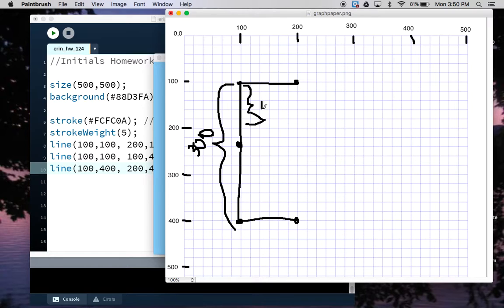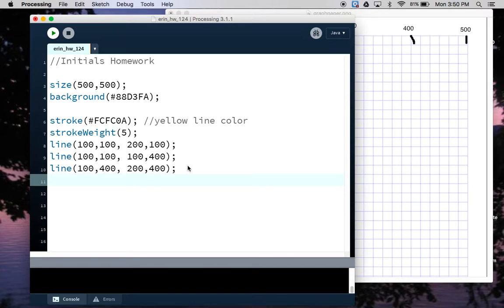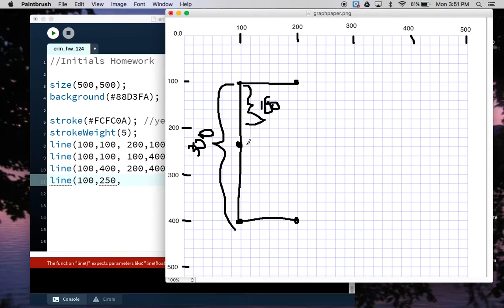Oops, that's supposed to be a bracket, but it's not. That's also supposed to say 150, but it doesn't. 150 down, but I'm starting at 100, so that's going to be 250 down. It starts out at 100 here, add on 150 halfway between the top and the bottom, for a total of 250. So that will be a line from 100 pixels over, 250 pixels down, and then